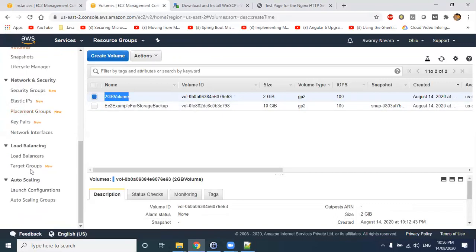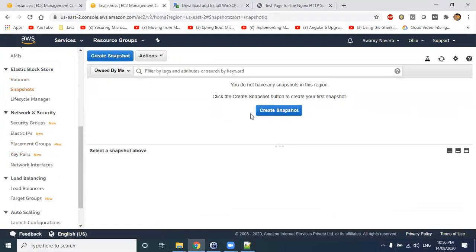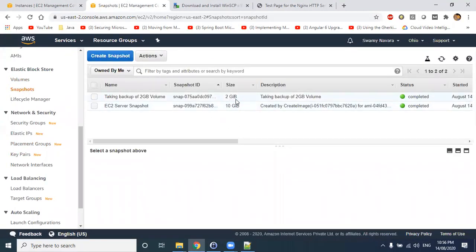And one thing I need to tell is snapshots. If you go to snapshots, you can see here 2 GB, 10 GB, right? Don't assume that your snapshot size will be 2 GB. This is the size of your particular volume that you have taken backup of. This is not the snapshot size. Snapshot size will be around 100 KB or 500 KB or 100 MB or 500 MB. That's a different size. Whatever the backup image of this particular snapshot is, it will be a different size. This size is nothing but the snapshot that you have taken for your volumes or EC2 instances.